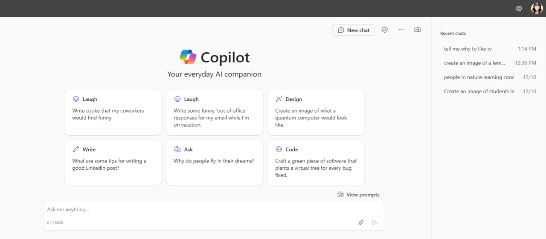Try it out. And so on the bottom here, it says, ask me anything. And these are just some different examples of things that you can do to kind of show the different capabilities of AI. But start with a prompt and then see how it takes you to get the information that you're looking for in your prompt. I'll start with a prompt. Say,